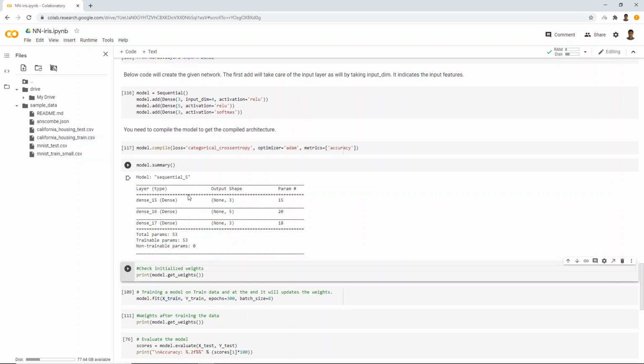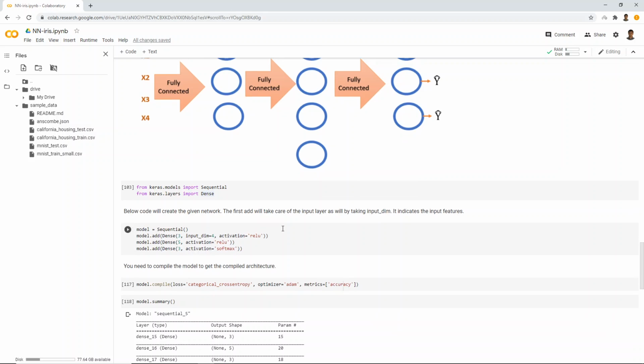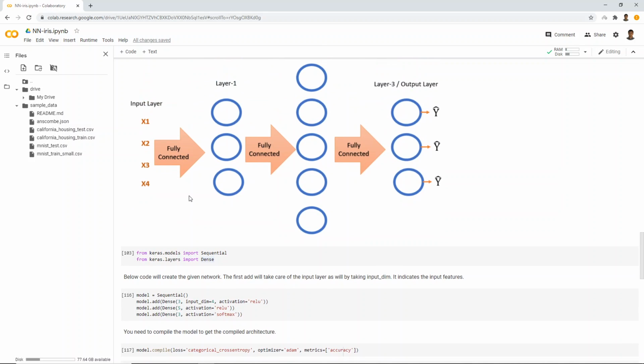let's see the summary of this model. Okay, I've compiled this multiple times, so that's why you are getting 15, 16, and 17 here. Otherwise, if it's the first time, you will get 1, 2, 3 likewise. You can see here the output shape is 3, 5, 3, which is as per our requirement, and the parameters are 15, 20, and 18. So how do you get these parameters 15, 20, and 18? See this architecture. Those are the trainable parameters,